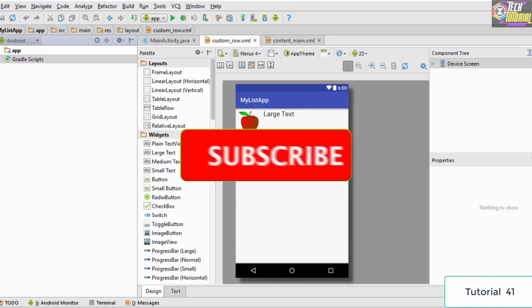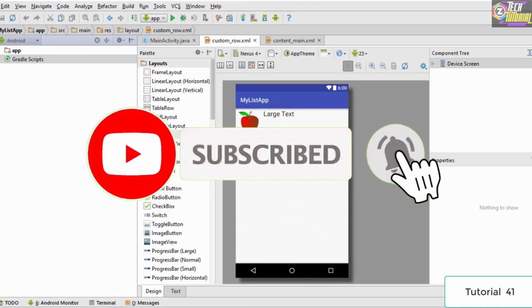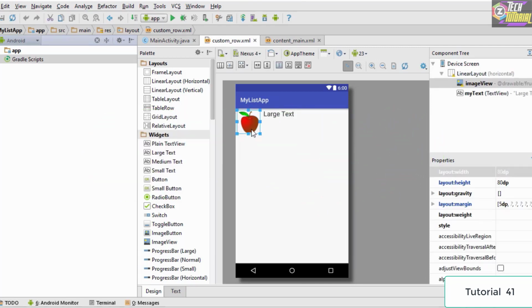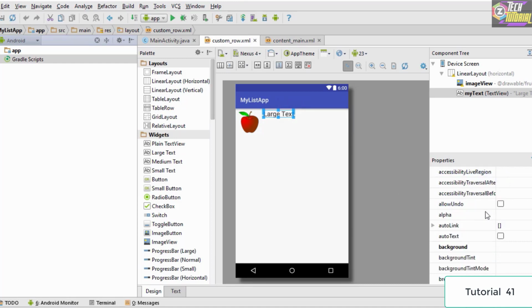In this tutorial we are going to learn how to create the list view adapters for our custom list view class. Now in the previous tutorial we have created a template for our custom list view, so we have the text as well as the image for our custom list view. Now the next thing which we need to do is that we need to assign an ID to the text view. So what I did is that I have simply assigned an ID to the text view. If you select this text view right here and scroll down in properties, you could see that I have assigned a value of my text to this text view right here.